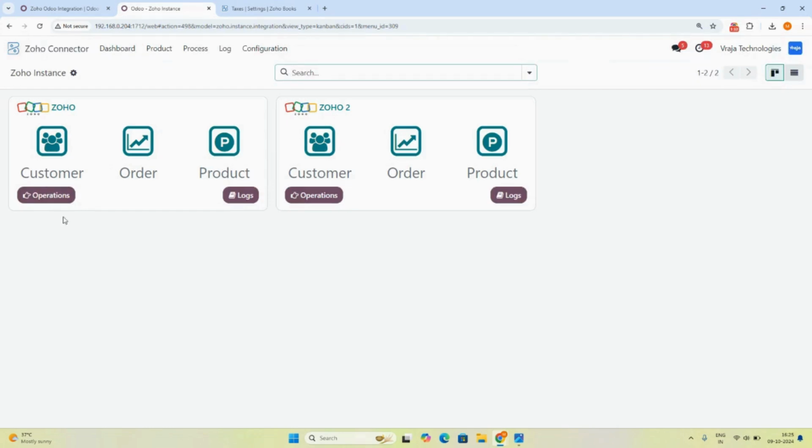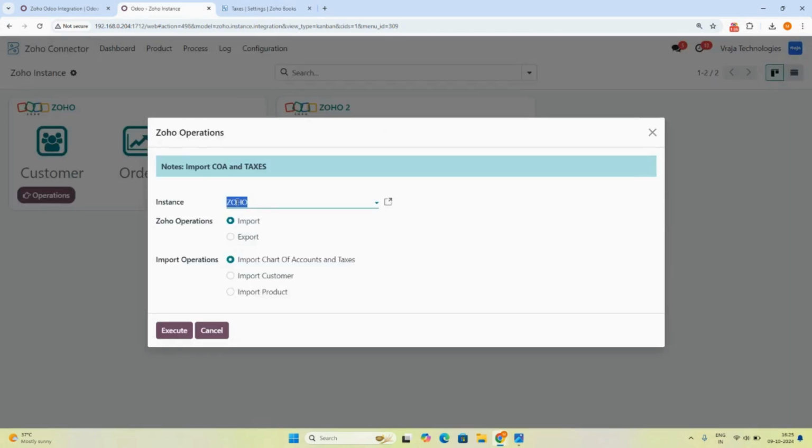Let's go to Odoo, go to operations. Here we have selected the first Zoho instance, which is this one. If you have multiple instances, all of them will be shown over here in the drop down. So first is Zoho, go to import and go to import chart of accounts and taxes. As we go to execute, the import will be going on in the background. It is still loading, so let's wait for a bit. Once the import is done,